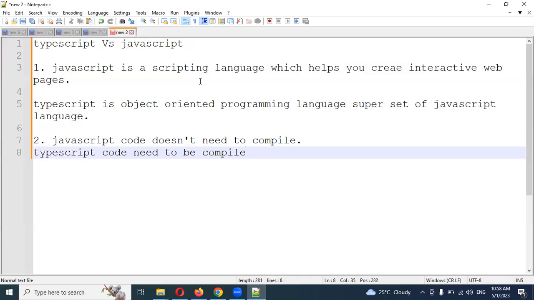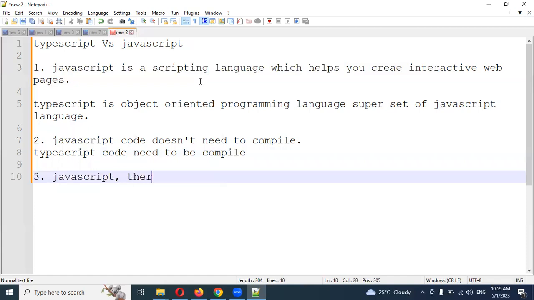If any error is present at the code level, you can identify it before compiling the code itself. Once you type it, you get the error in the IDE itself. We have many IDEs supported in the market. Even without an IDE, like in Notepad and Notepad++, we can type our TypeScript code or JavaScript code. Okay, the third point we can say: